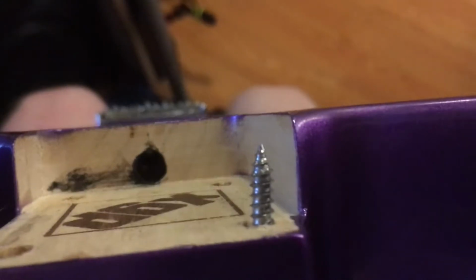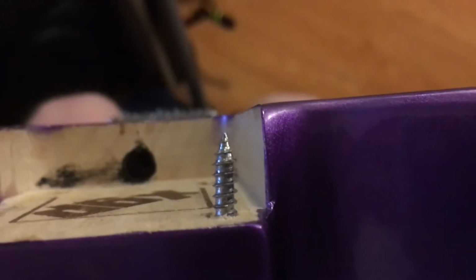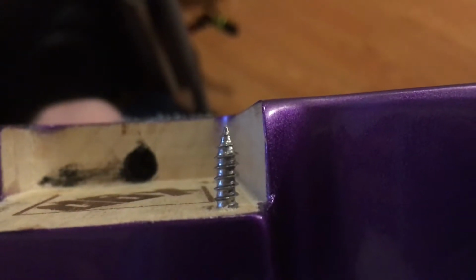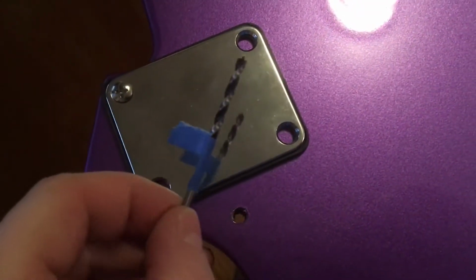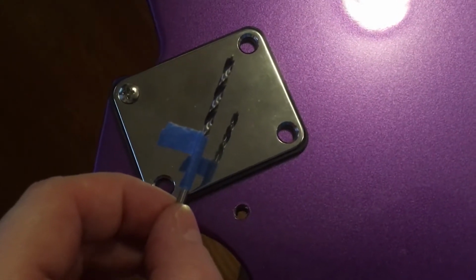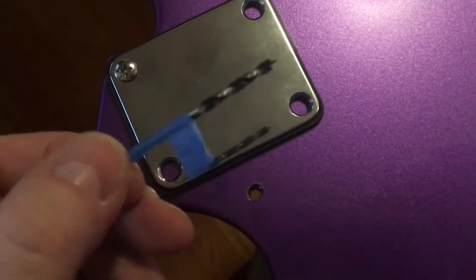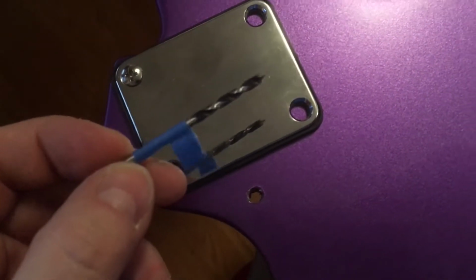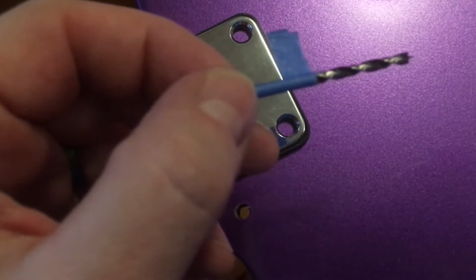I don't need to drill any deeper than that into the neck, and of course, any further above that, we're going to start risking poking into the fretboard itself, which I don't want. So, in order to make that happen, here is my drill bit, and my drill bit has a little flag on it in the tape. When I am using a drill press, or even if I use a hand drill, I think I'm going to use the drill press, but when I use the drill press, I drill into the neck up to the point that...